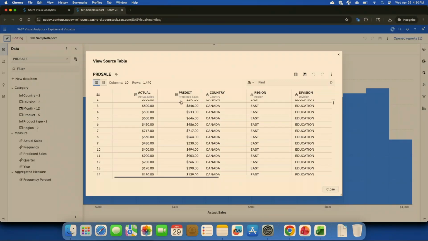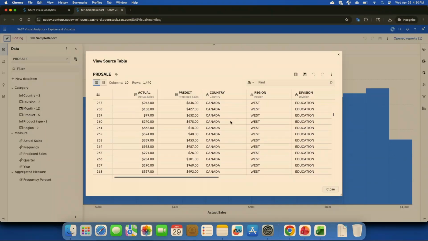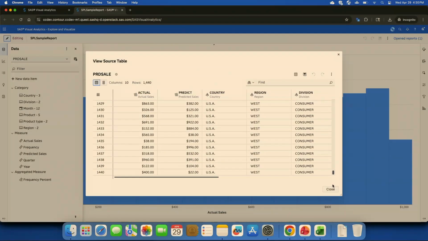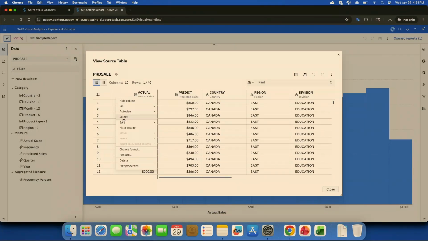You've got column headers, which have menus as well, so we'll go through those in just a moment. But you can see that data viewer is quite quick to scroll through this small to medium-sized table, and you can just drag around as much as you want. It's quite performant. If you go to the column menu here, you can see all the options that you have there. We can hide the column, pin it to the left, pin it to the right if you want. You can auto size it so that you have a little more space for viewing more columns at once.